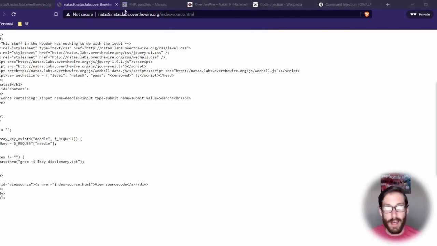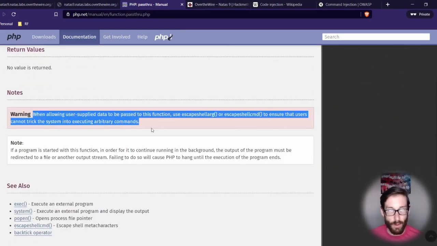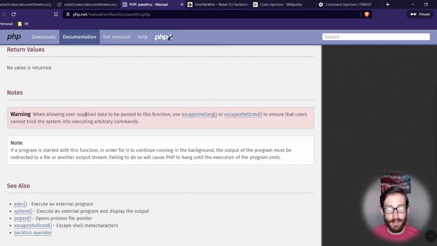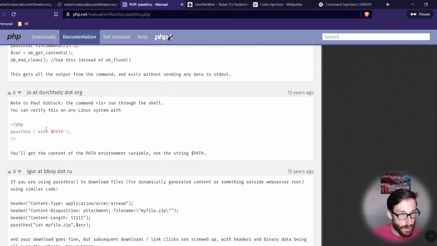And once I learned that and figured out what this was, if you scroll down a bit further on the page, there's a massive warning sign here. And this warning sign basically states that this should never really contain user-supplied data. You can see that right here, as allowing user-supplied data to be passed to this function. And then it states that you should use these alternative functions to encapsulate that, so you're escaping any arguments that could be put inside of a command or a shell. And you can see the escape piece here. And what that would look like is, let's see if they included it here.